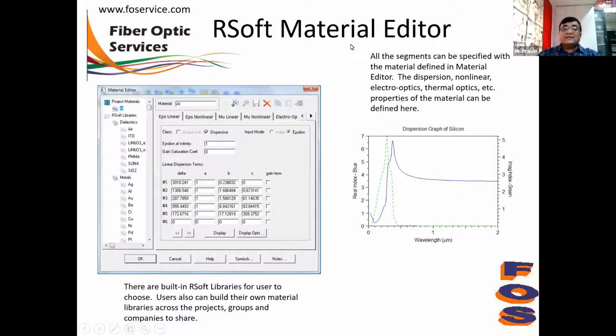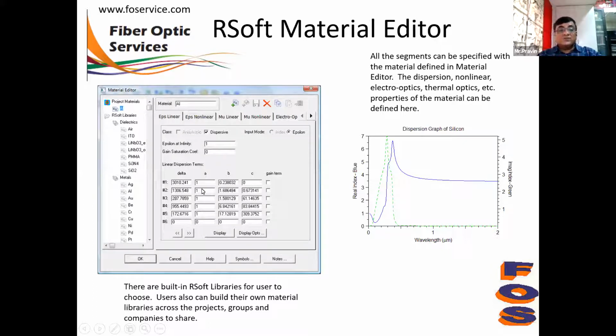RSoft CAD has a material editor where a lot of materials are available by default, and the user can add any material. It has various tabs to define the material, and this material can be used in the structure.